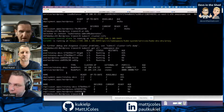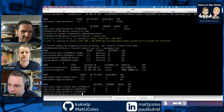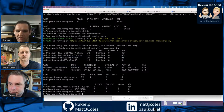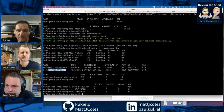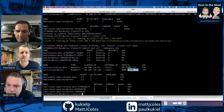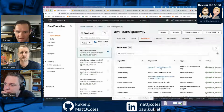So I haven't actually run a load balancer on premise. I was thinking about using something like MetalLB, but for now I've just defined a static node port on 30,000. So if I curl this port, it'll be accessible on all 3 nodes, on the master and the 2 worker nodes. And for the on-premise cluster, I've just forwarded the NLB to connect on that port. So if I jump back to the AWS region in Australia,